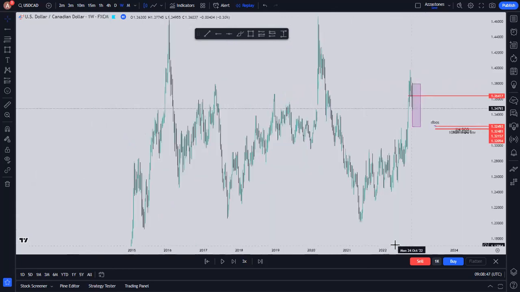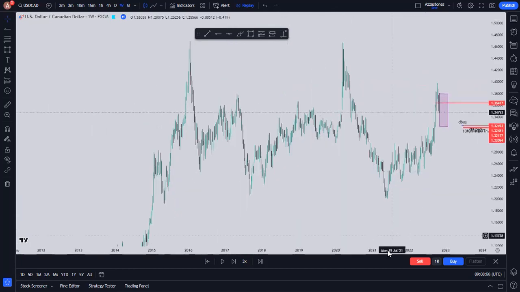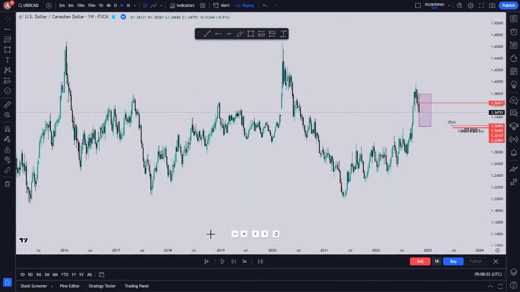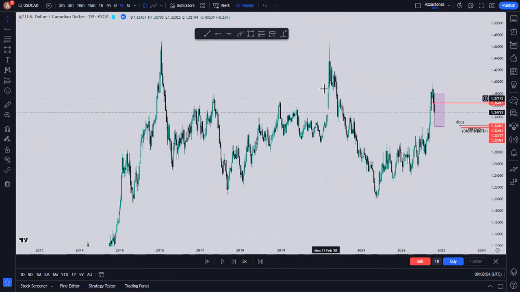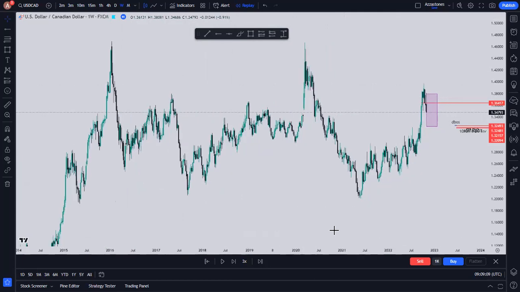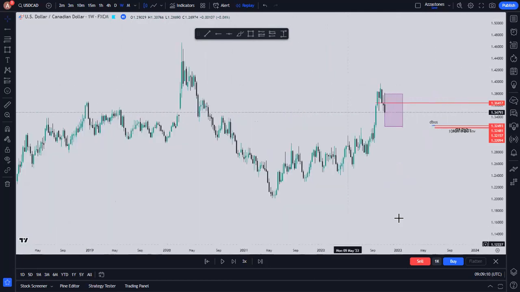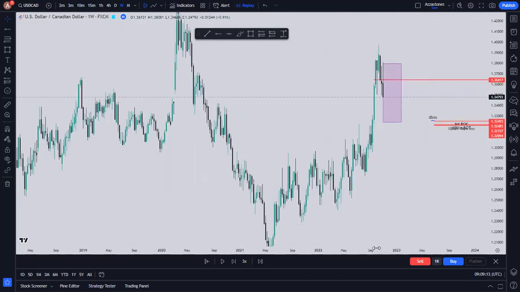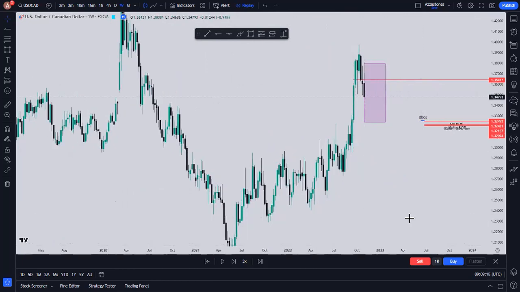Like you see how the structure shows itself: after any impulsive move, we expect another phase. After any break of structure, we expect another correction. After any break of structure, we expect a certain thing to happen. But you cannot finish the phase without showing an indication. We have three phases: impulse, correction, and continuation.